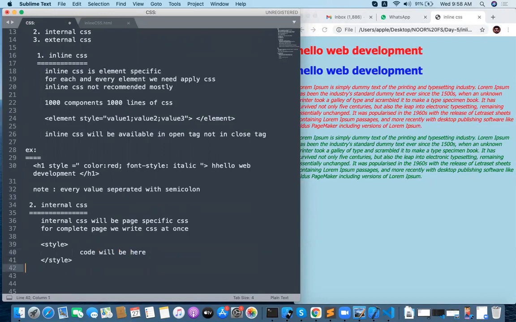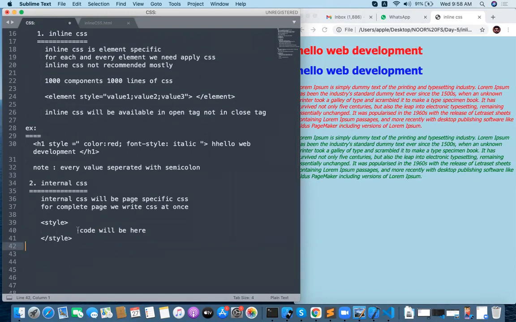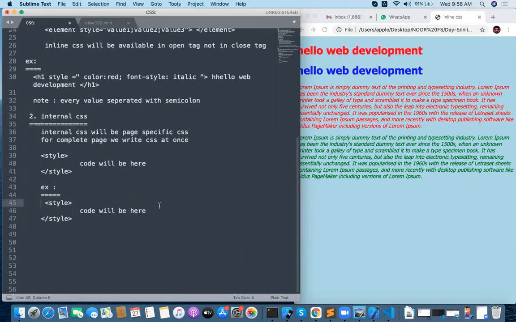How to write this particular internal CSS? I'll tell you. There are a lot of ways to write the CSS. For example, I want to write a simple CSS example. For the complete page, I'm going to write the CSS now. Let me copy this and paste here. And the code will be here. For example, I want to take all the paragraphs in a single code.